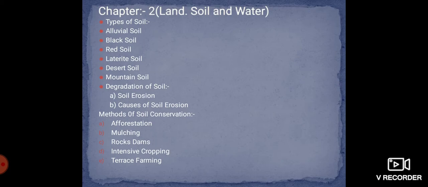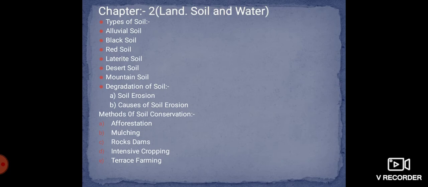Red soil and yellow soil. These soils are formed by weathering of the ancient crystalline and metamorphic rocks. Their color is red due to high iron content. They cover 8.5% of Indian landmass and are rich in iron and potash but poor in nitrogen, phosphorus and